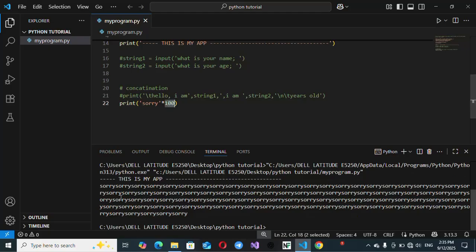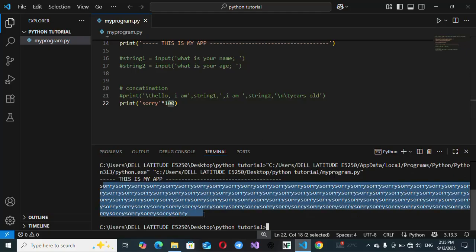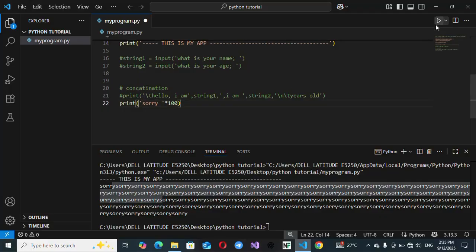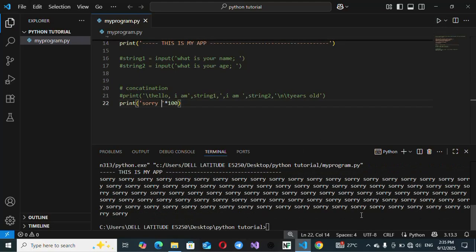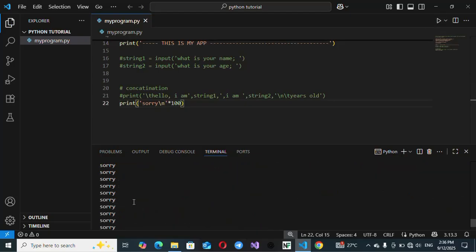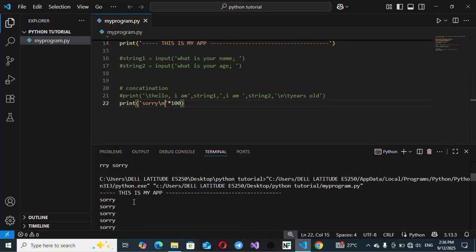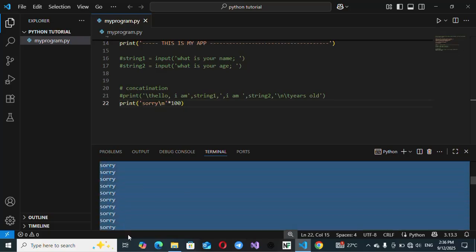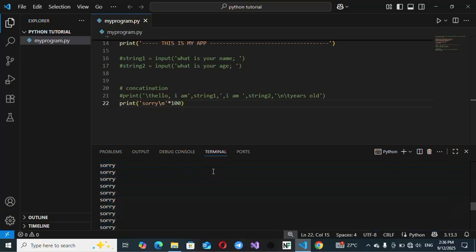So let's run it, and this is sorry 100,000. However, this looks a little bit messy. So you want it to be printing on a new line each time, or you want it to be spaced. You just do this, sorry, spaced. However, you can print it on a new line by using this command over here, sorry, in a new line. You can see, so you can just go and copy this over here and then paste it in your chat